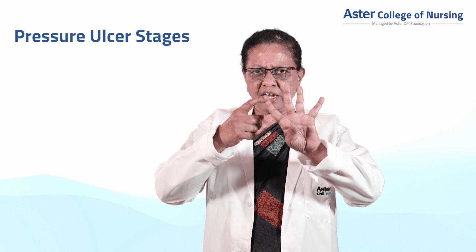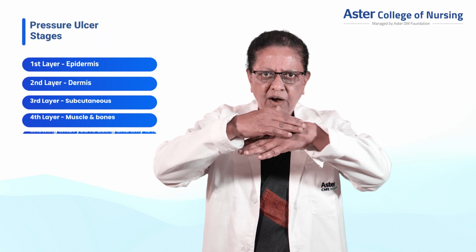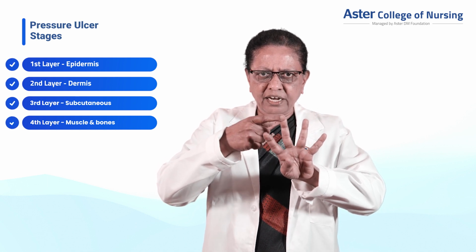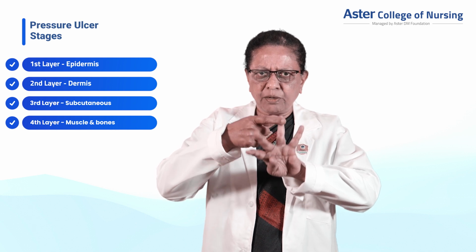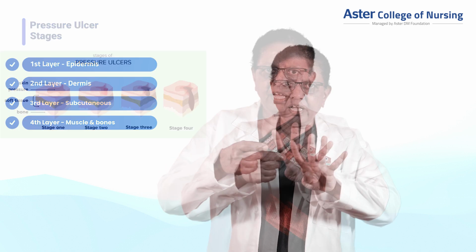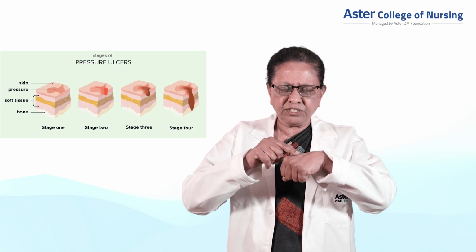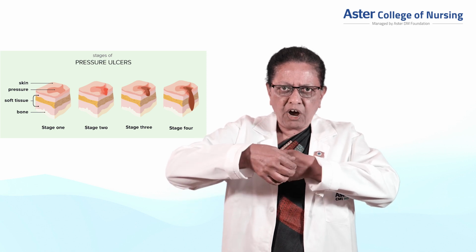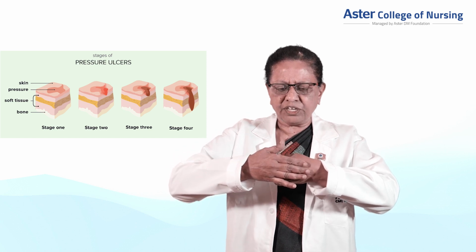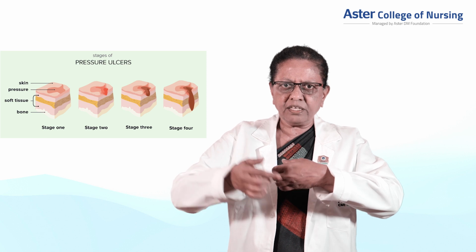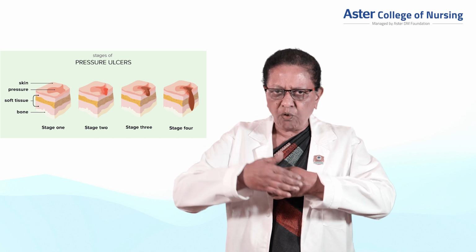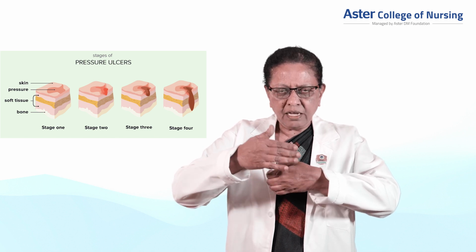So what is the first layer? The first layer of skin is the epidermis. The second layer is the dermis, the third layer is subcutaneous, and the fourth layer is muscle and bones. So again, the first stage of pressure ulcer is on the epidermis. The second stage of pressure ulcer is on the dermis. The third stage is on the subcutaneous layer, the fatty layer, and the fourth stage is affecting the muscle and